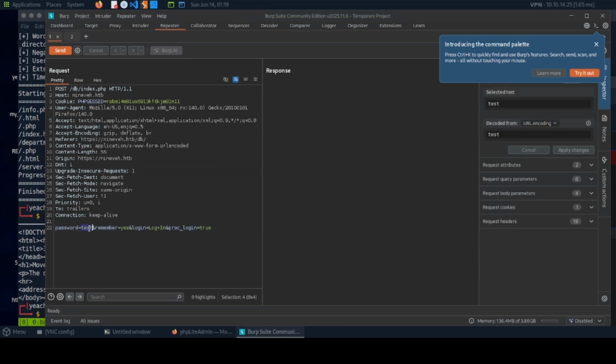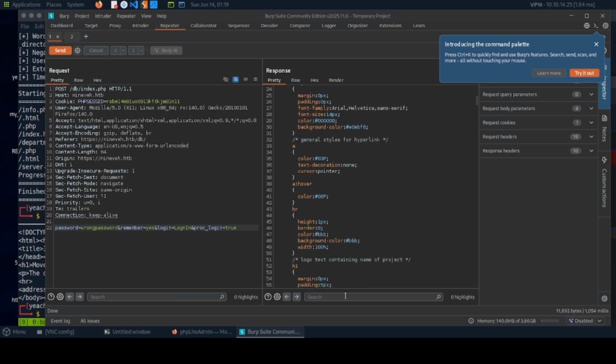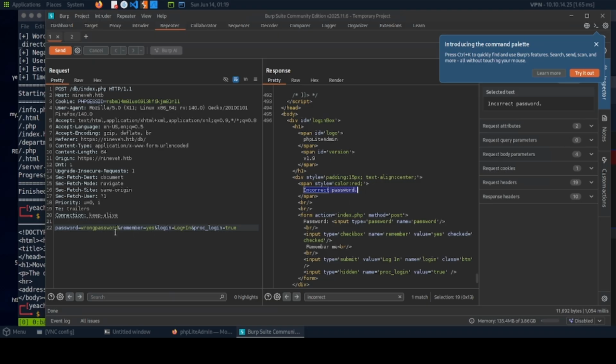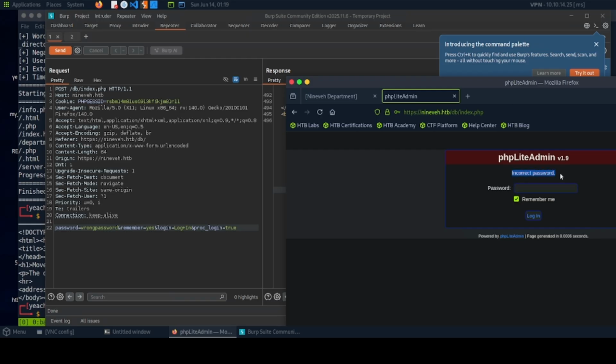So we may want to send a wrong password and send. We can find the response, like maybe invalid, or incorrect. If we put a wrong password, it will show incorrect password. So we can assume that this is the valid response, and we can grab it and do password enumeration using